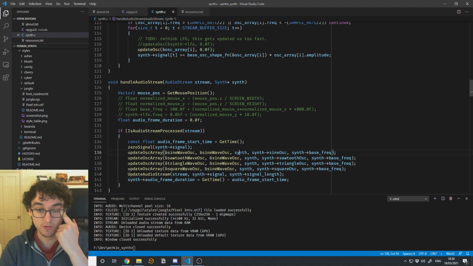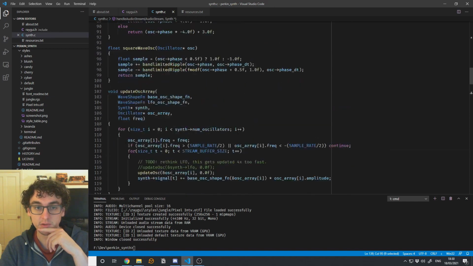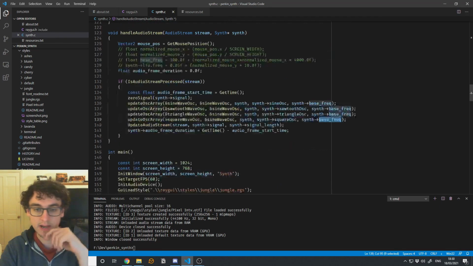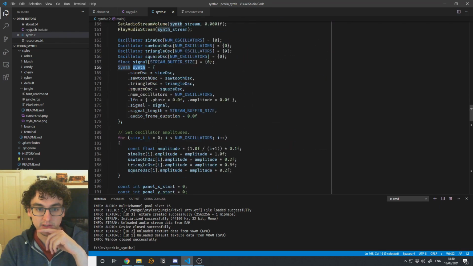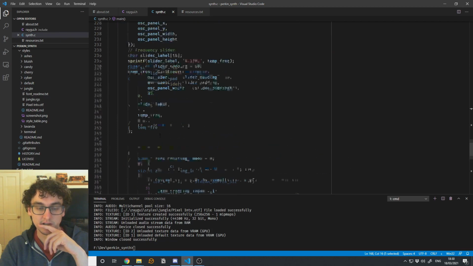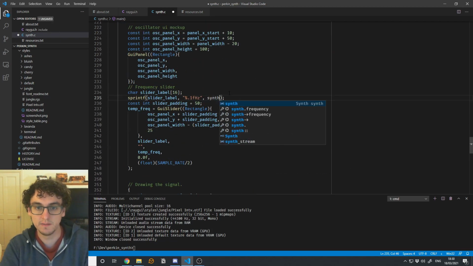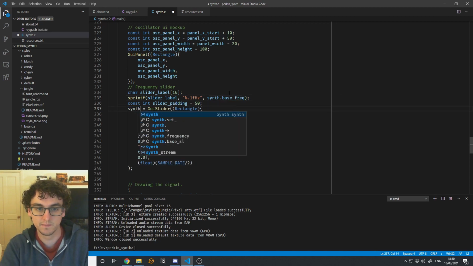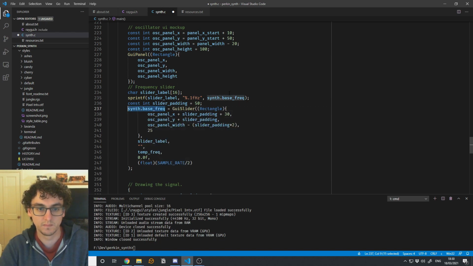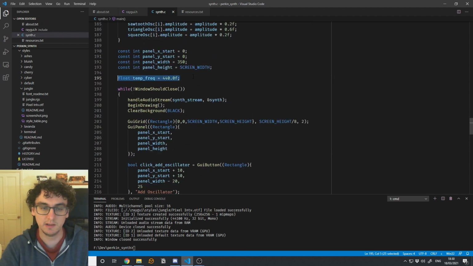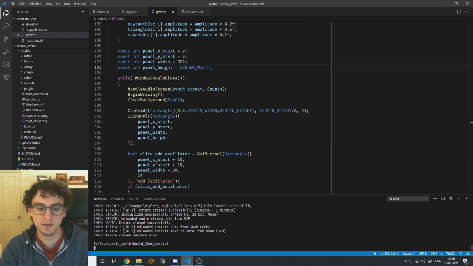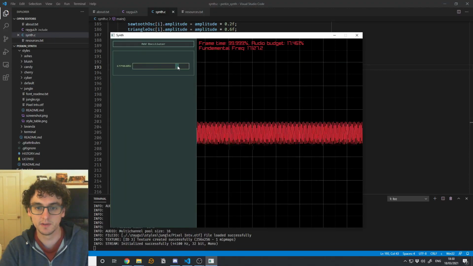We'll revisit it, seeing as we're already passing in the synthesizer object. Possibly we don't need to also pass in the base frequency. Well, we'll leave that for now. So here's our synth, and now we just need to change this to synth.baseFrequency. Once again, get rid of this temporary variable. Let's give this a go. So it doesn't change that, but now we got